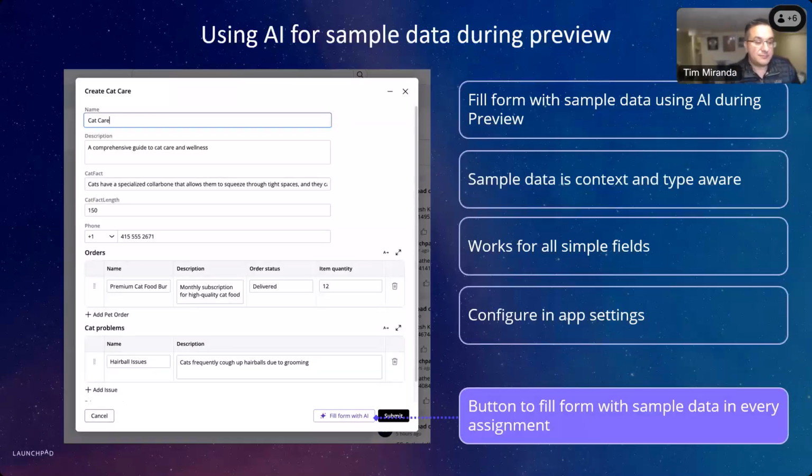Well, a good way to think about this feature is that it's really a developer productivity accelerator for previewing cases. So when developers are building an application in Launchpad, a big part of their workflow is constantly previewing the case, just to check whether the forms behave correctly, whether validations work, and whether the overall flow makes sense. But the friction comes from the time that every time they preview, they have to manually fill in a